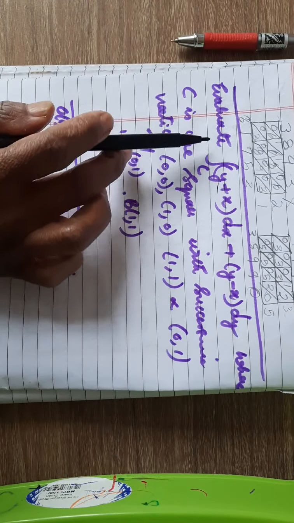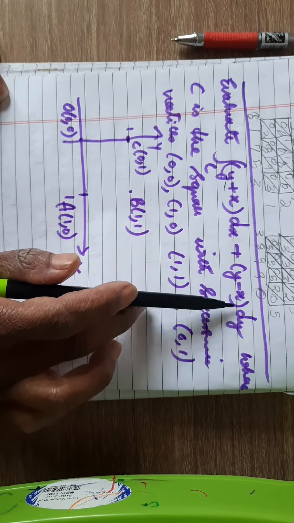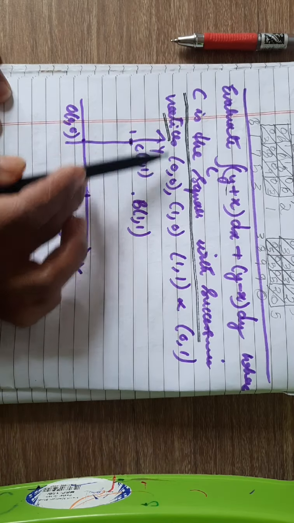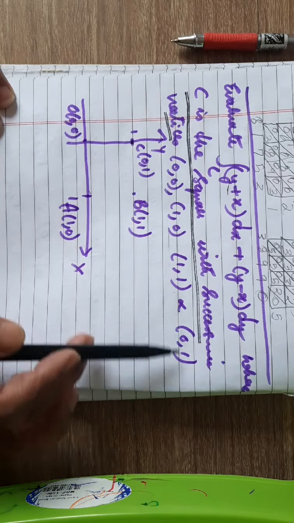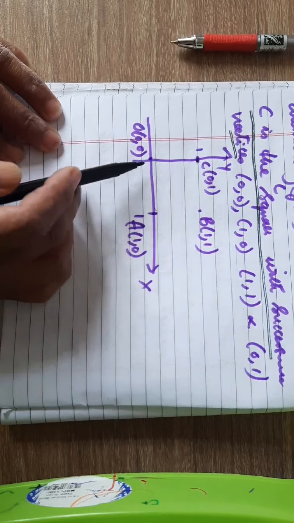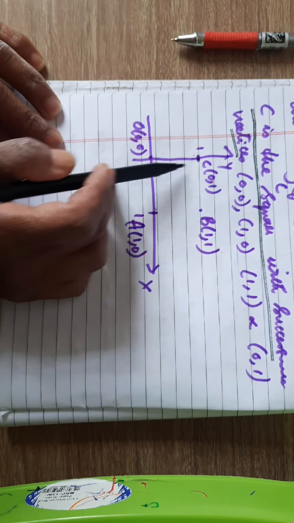Now let us evaluate this line integral (y + x) dx + (y - x) dy over C, where C here is a square with successive vertices (0, 0), (1, 0), (1, 1) and (0, 1). That means these are the 4 vertices of that square. So first of all, what you need to do is plot the vertices of this square in the